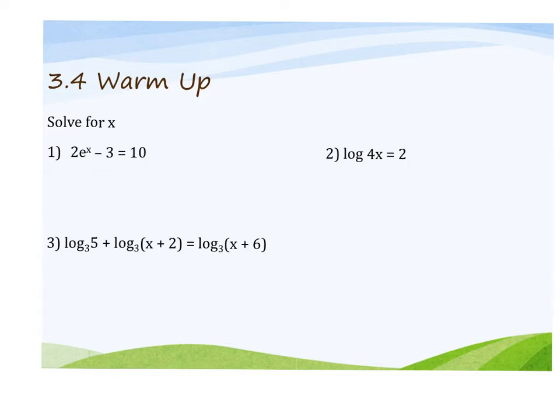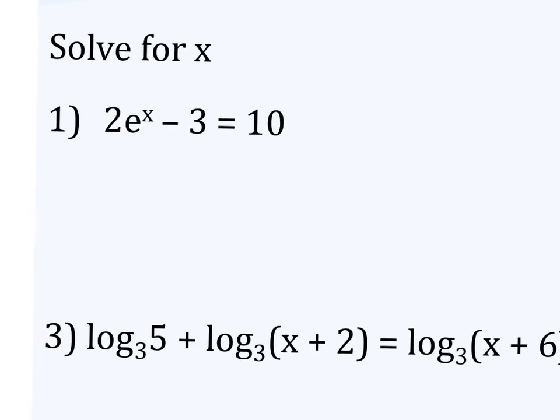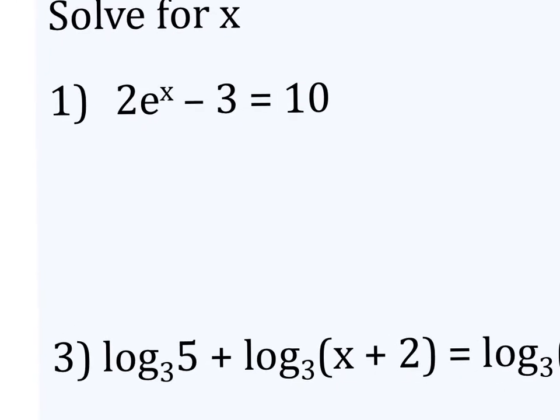So 3.4 was solving log equations and exponential equations. Remember there were a couple of different kinds. If there was an e involved, we would ln. If we could change the base on both sides of the equal sign, we would change it to be the same and then use the one-to-one property. If it was ln or log, we would change it to log base e or log base 10 and get it into exponential form. And for something like 3 here, we have to condense first and then get it into the one-to-one property. So for 2, as soon as you see that e, you should know that you're going to